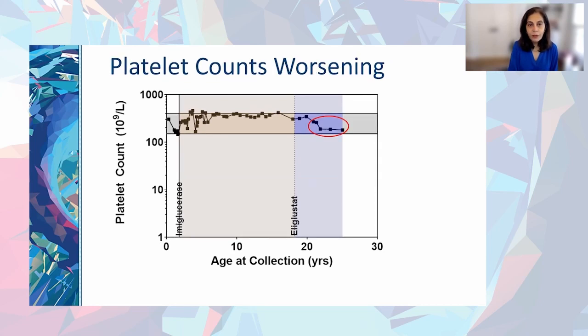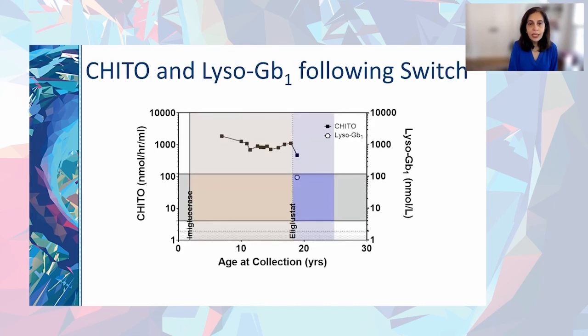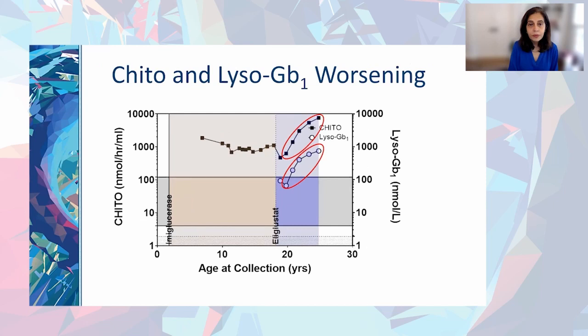However, over time, I found that his platelet counts were decreasing some. Second is, as I was monitoring his biomarkers, we now had lyso-Gb1 available. You can see that the chitotriosidase is holding kind of steady. We now had the levels of lyso-Gb1 for the first time. It was clearly above the upper limits of normal. And now over time, what I was observing was that the chitotriosidase had increased some, but the lyso-Gb1 had clearly